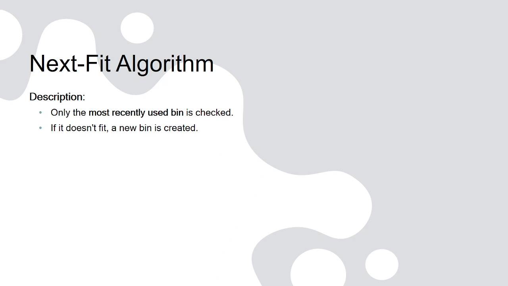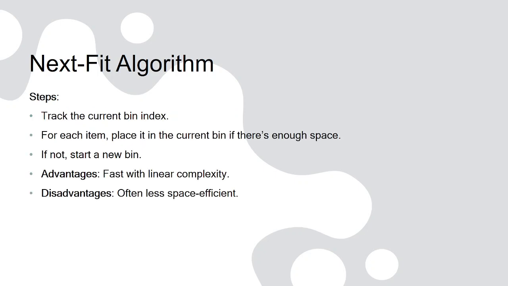And the next algorithm is the next fit algorithm. The next fit algorithm sequentially places items in the current bin. If an item doesn't fit, it moves to a new bin. This gives the simplest approach requiring less computation, but it doesn't consider bin utilization, often leading to more bins. If you consider the advantages, it is fast and has linear complexity, and the disadvantage is that it is often less